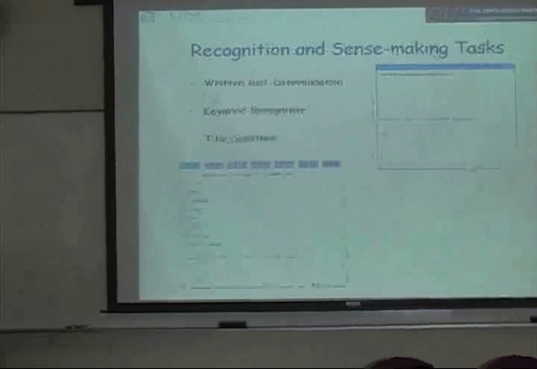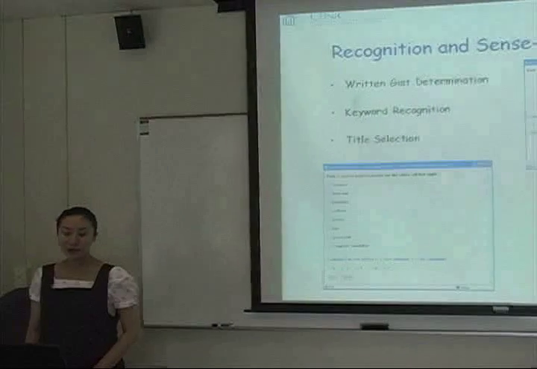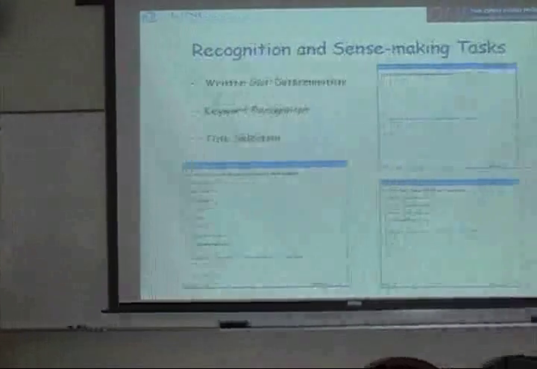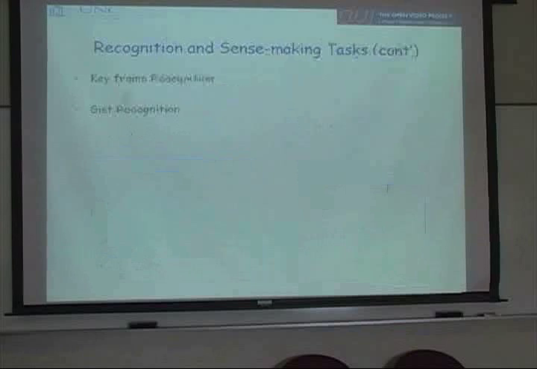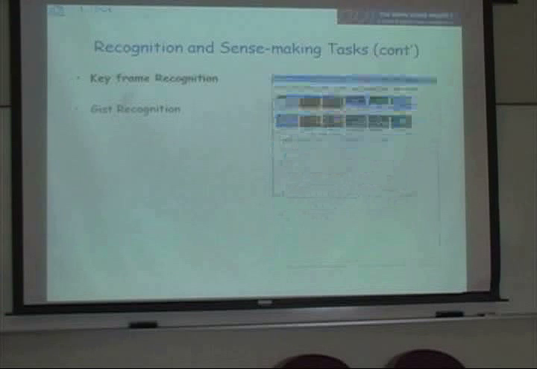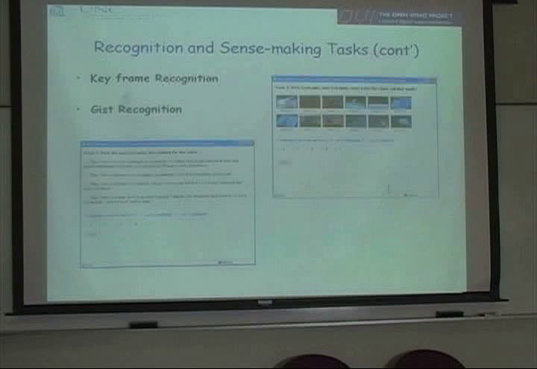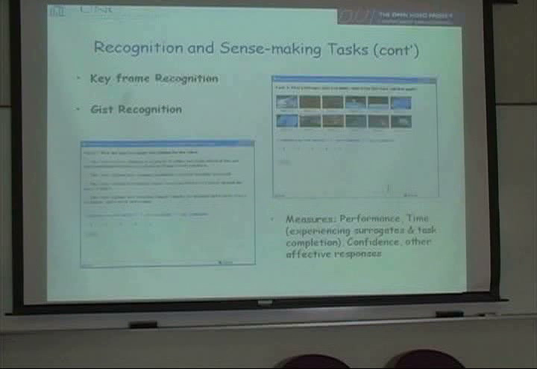And the second task is a keyword recognition task, where we ask the participants to select good keywords that they think describe these videos. And again, we ask them to rate their confidence. The third one is a title selection task, where the participants select the one best title for the video. And the fourth one is a keyframe recognition task. This is actually a very interesting task because we think that the participants are not very familiar with this kind of task, and we will talk about this later in the results part. The last task is a gist recognition task, where the participants select the best description for the video. And we should note that the ordering of the tasks is very important, because for